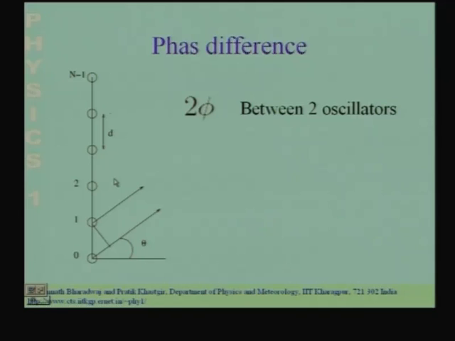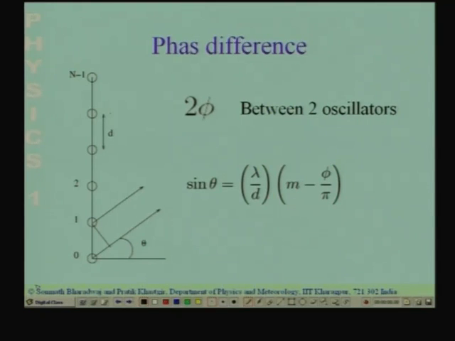If you look at the way we have derived the intensity pattern, we have added up the contribution from all of these oscillators with phase differences, the phase difference arising solely due to the path difference, and this gives rise to a phase difference of 2 alpha. So, the path difference introduces an extra phase difference of 2 alpha, which occurs due to this path difference. Now, in this situation where the oscillators are themselves oscillating with an extra phase difference, what you have to do is throughout all the expressions you have to replace 2 alpha by 2 alpha plus 2 phi. Okay. That is all that has to be done